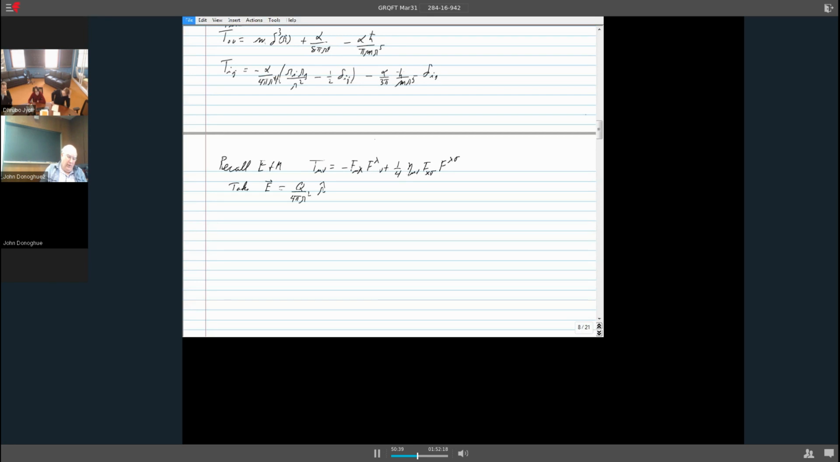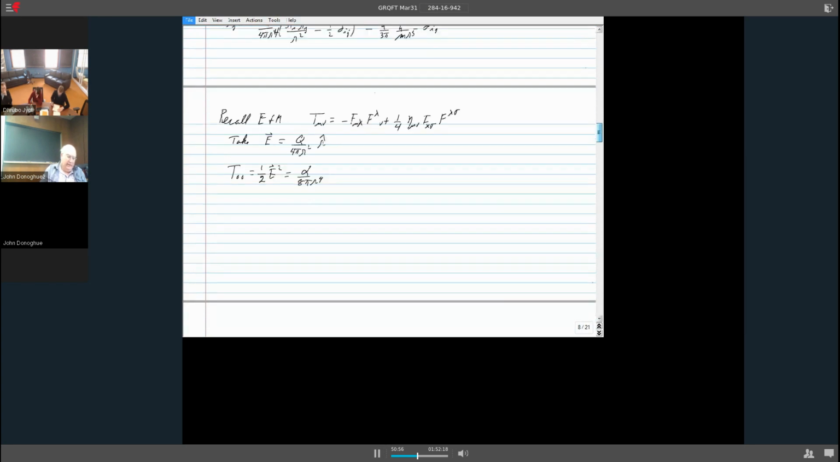The energy momentum tensor for E and M is minus F mu nu, F mu lambda, F lambda nu plus 1/4 eta mu nu F lambda sigma F lambda sigma. If we are looking around